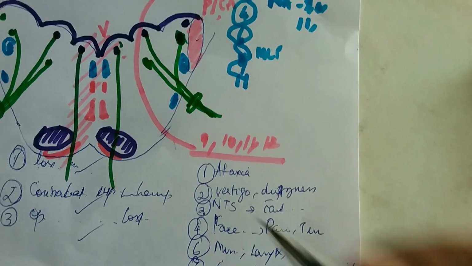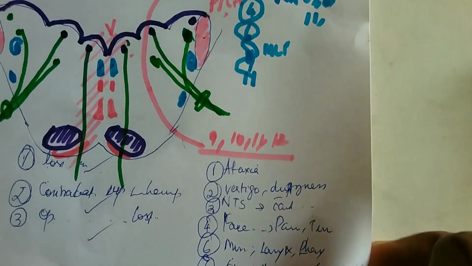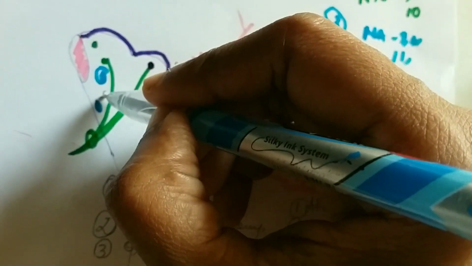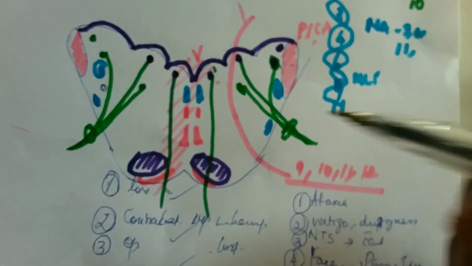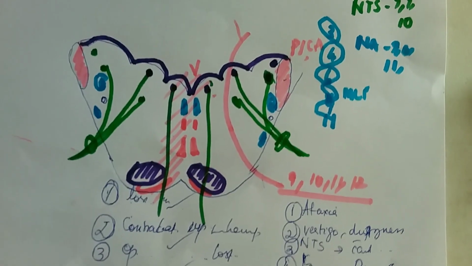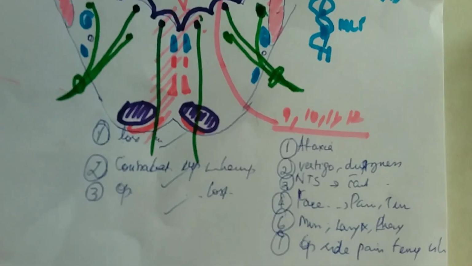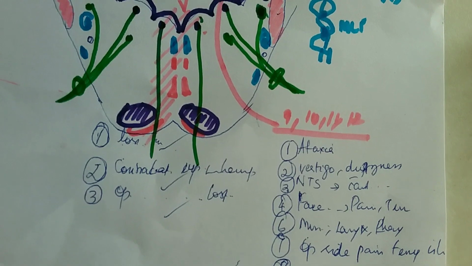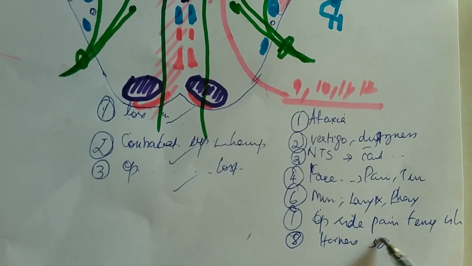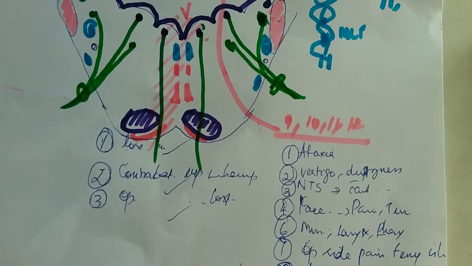Okay, very good. So we have completed almost everything, but the student and the PG student should not forget to draw one important structure between these two, that is called sympathetic nerve fibers. Small one, you should not forget to draw. So if the sympathetic nerve fiber is gone, definitely you will be having Horner syndrome. So I think everyone knows Horner syndrome. Five components are there for the Horner syndrome.